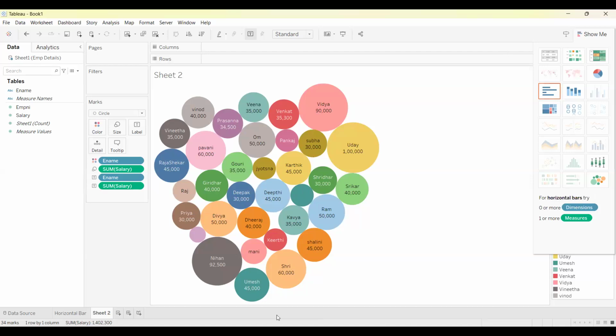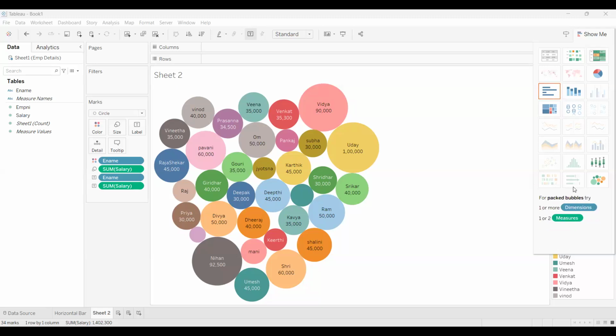And creating graphs is very easy in Tableau. But we should be in a position to understand for what type of data, what kind of graphs need to be created, right? That we are going to learn eventually in our course. And these are all inbuilt graphs only. Along with the inbuilt graphs, we have many other graphs, like advanced graphs called donut charts, waterfall charts, funnel charts, lollipop charts. Like that, we have a list of charts